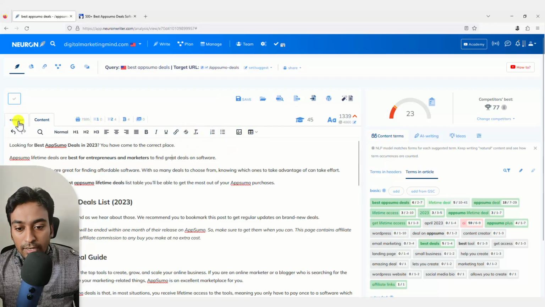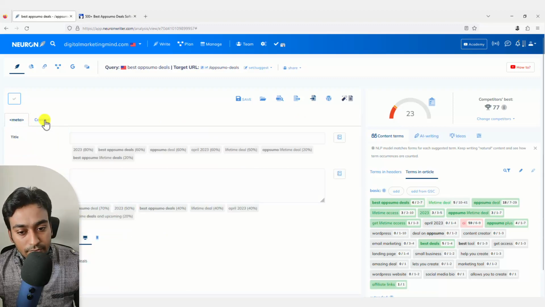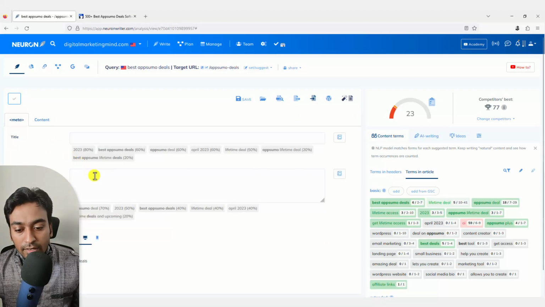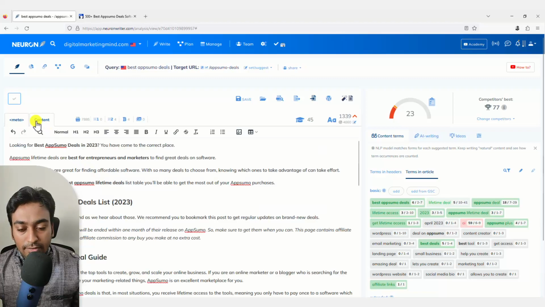Now let me quickly go into the meta also. For every content piece you are creating, it should have the actual content and also the meta title and description. So it shows all the places where you can place that data as well. So that is what the content editor shows here. Now let me quickly explain the article draft, and I will be focusing on SEO. Those are the last two main features available here.